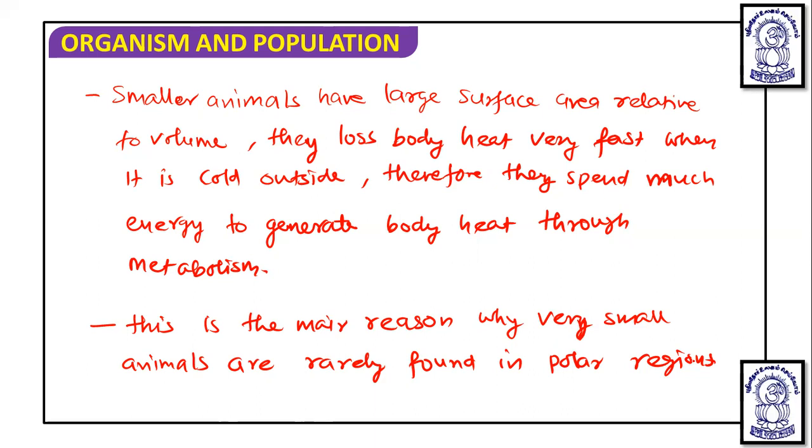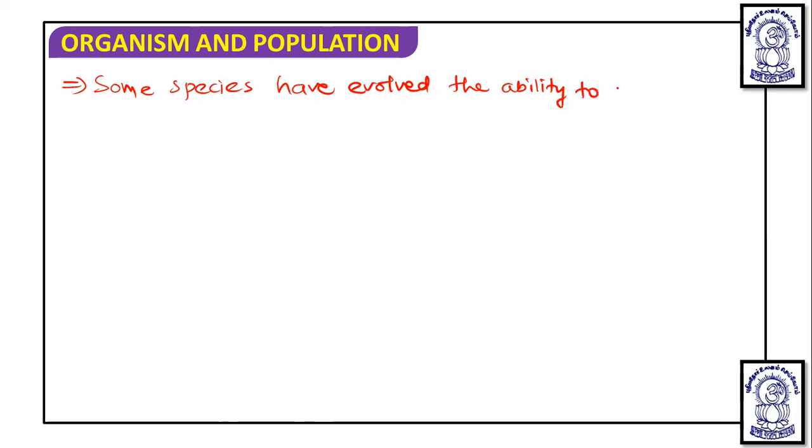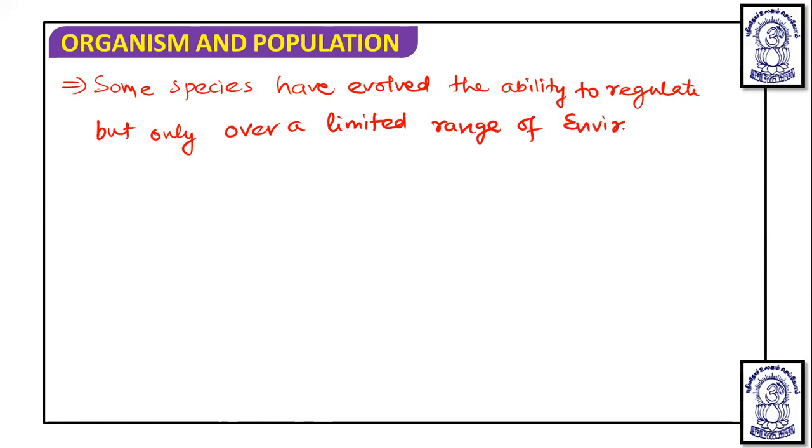Okay, so because of this, it is not possible that conformers can be converted into the regulators. But some species have evolved the ability to regulate, but only over a limited range of environmental conditions. So some species have evolved the ability to regulate, but only over a limited range of environmental conditions,